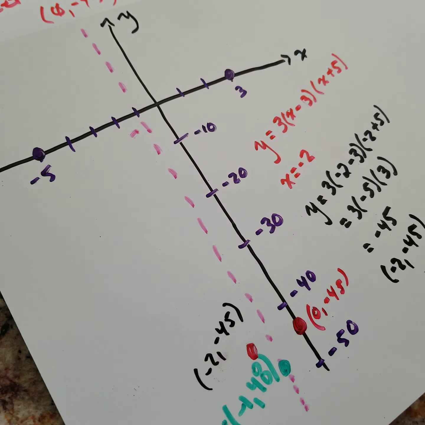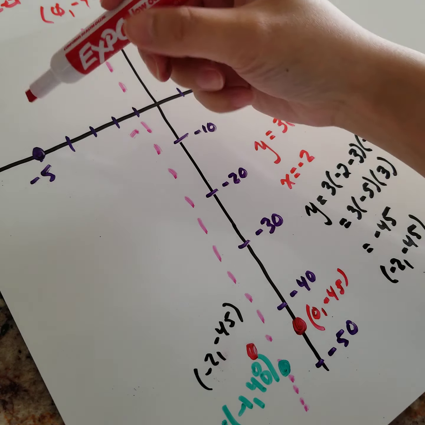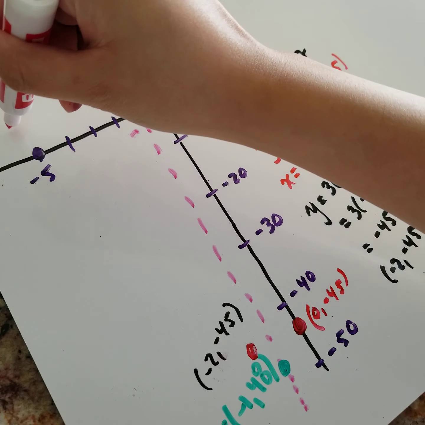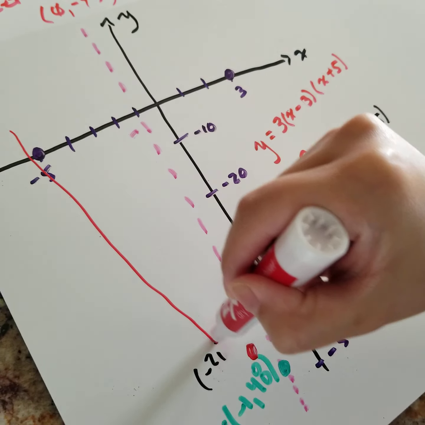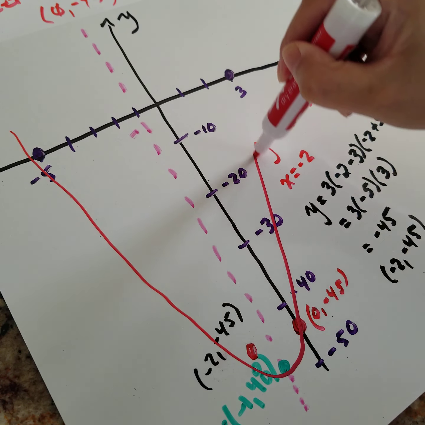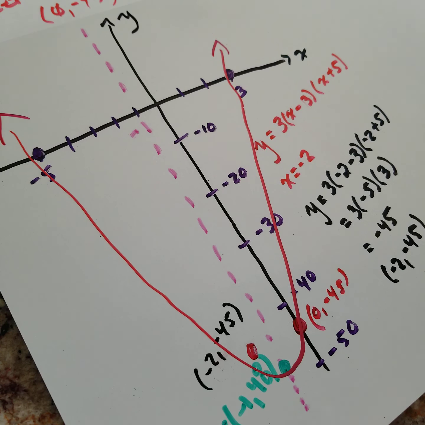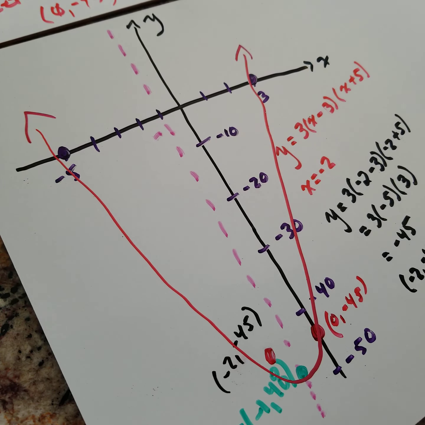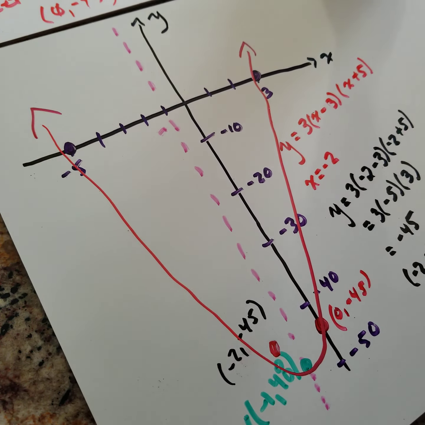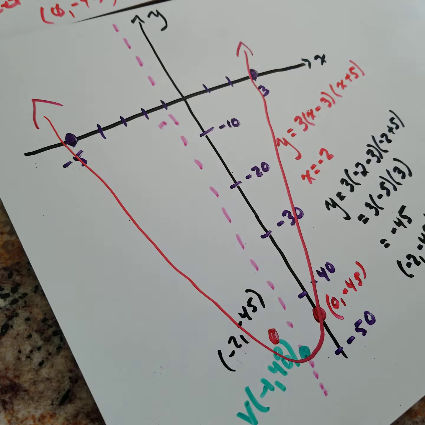So now that I have my 5 points, I can happily sketch our parabola. I don't have any other colors, so let's just do it in red, so it's very visible. Again, our parabola is opening up. It's more narrow. It's going to look something like this. And you can check on Desmos to see if that's actually accurate. So let's bring up our Desmos graph and let's check all of our 5 points to